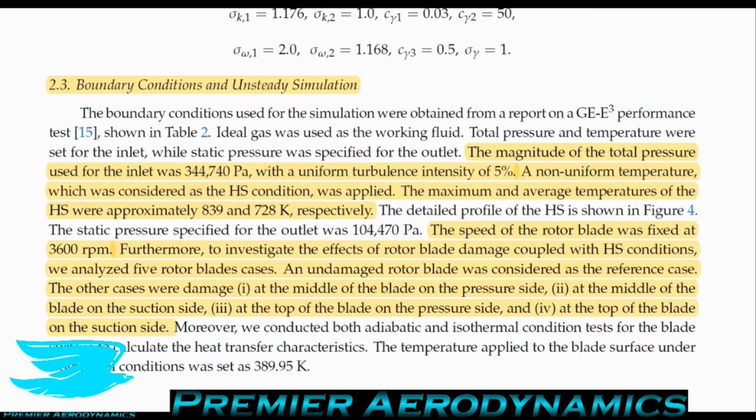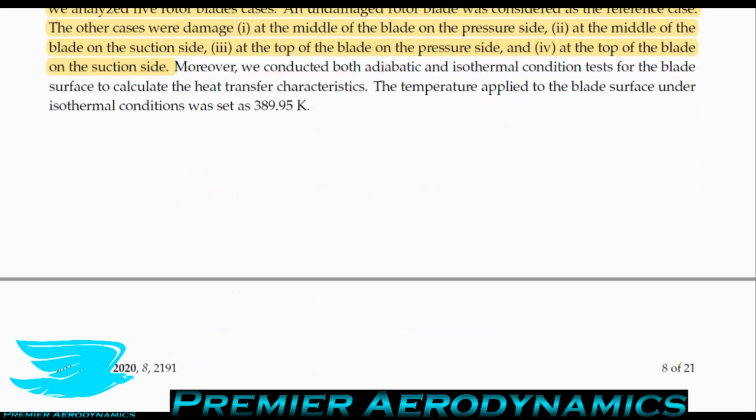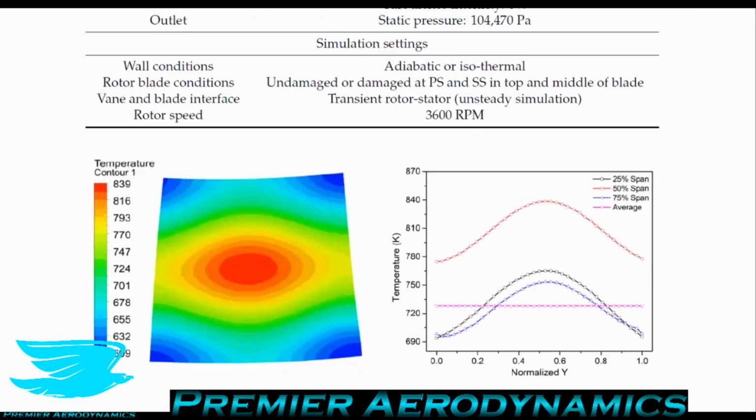Furthermore, to investigate the effects of rotor blade damage coupled with the hot streak condition, they analyzed 5 different rotor blade cases. As I mentioned, the reference blade, then a dent on the pressure side near the wing tip, then a dent on the suction side near the wing tip, then a dent in the midsection on the suction side, then a dent on the midsection on the pressure side. So the undamaged rotor blade was considered the reference case, and then the other 4 were considered in reference to